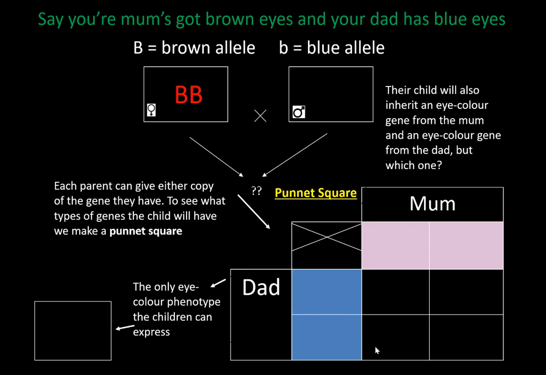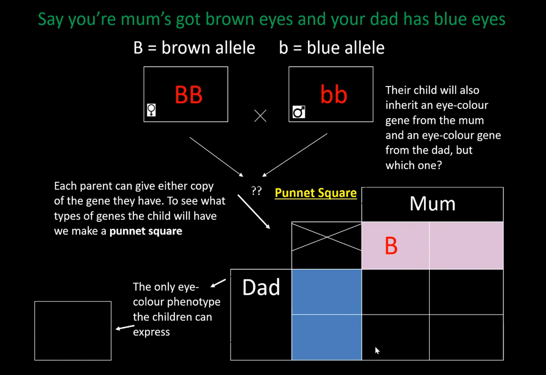Okay, so the brown allele has got big B, homozygous dominant, and the dad would have to be homozygous recessive, little b, because they have blue eyes, so they can't have any dominant alleles. So then we would draw a square like this, and you can just draw this out in your books with your pen. And you would need to label which was the mum or the female, which was the male,